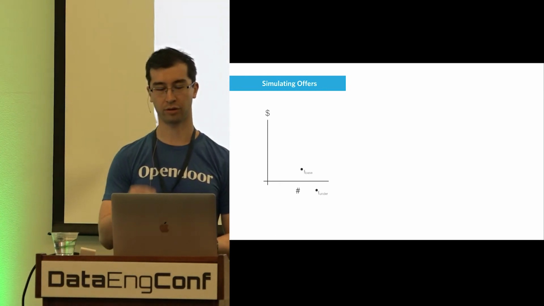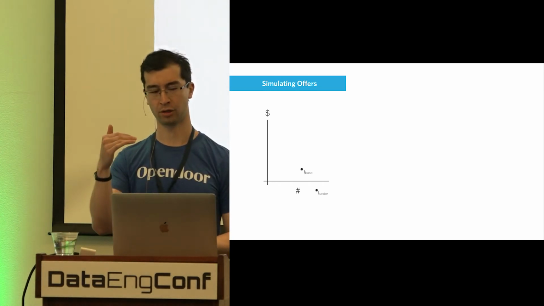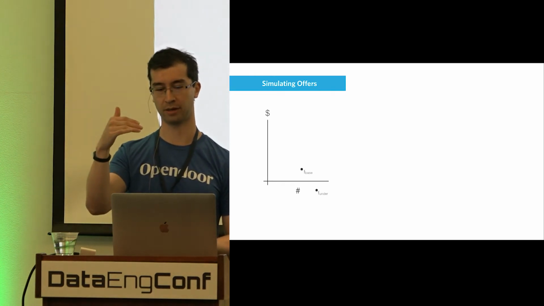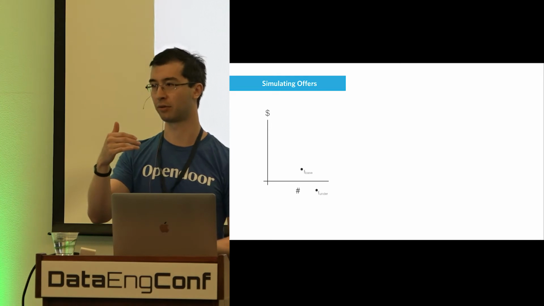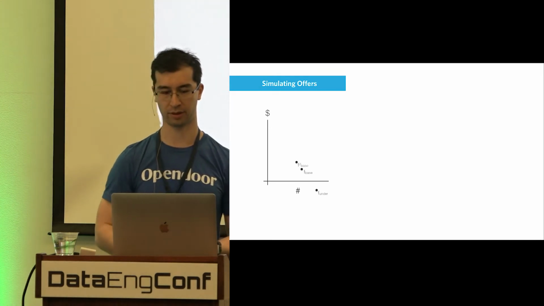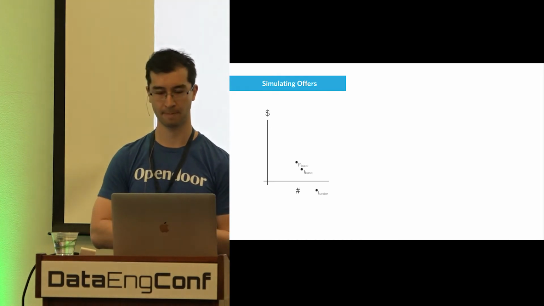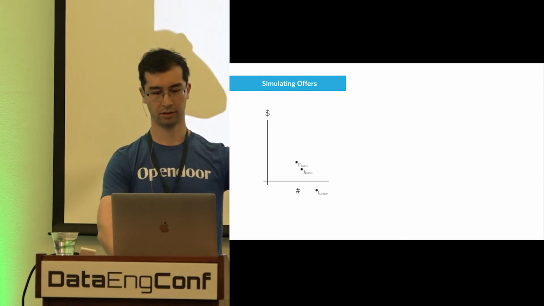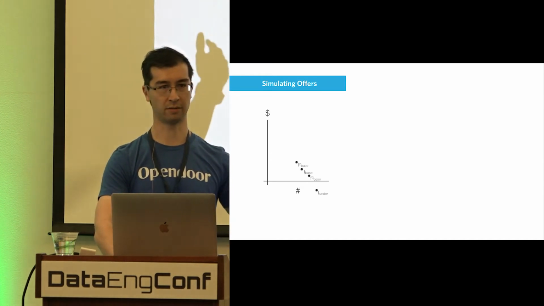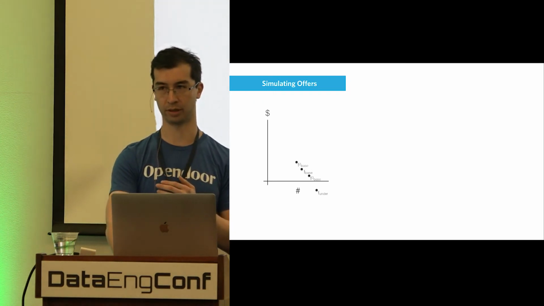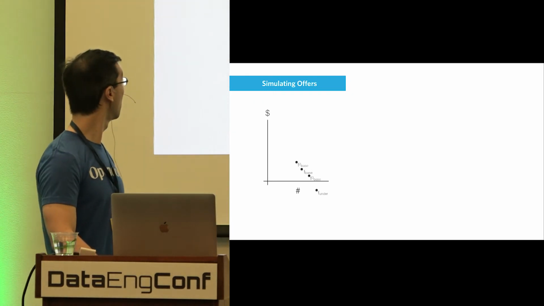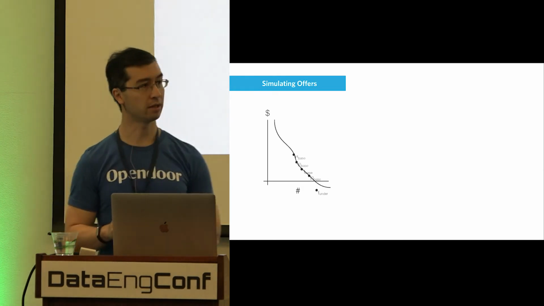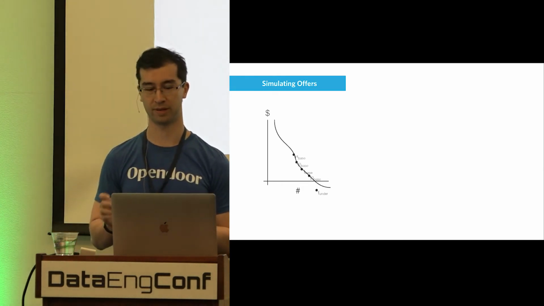What you could do is start with the baseline, and you could shade the prices up a little bit. So whatever the baseline model says, you add some constant value, for instance. And you could end up with another point in this trade-off space. And then you can shade it down. So you're making less money, but you're doing more volume, and you end up with another point. And you can keep doing this, and you can draw out a curve of business trade-offs.